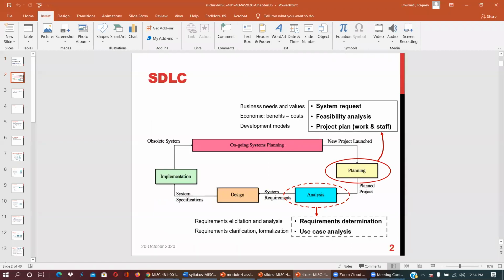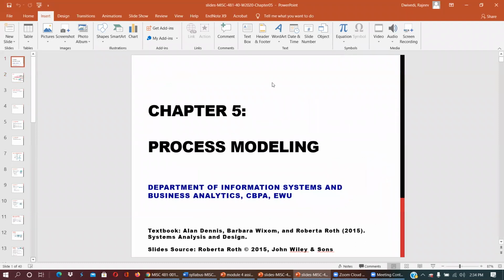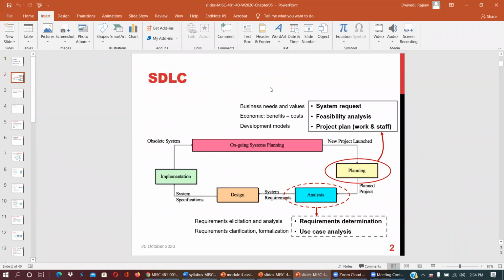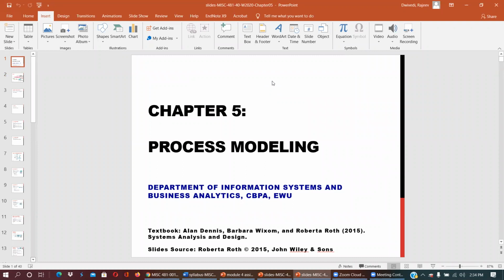Is there any question related to use case? Because it requires a lot of practice, and there are a lot of sources online which have examples to practice, so you can do a lot of practice. You have the book, and there are some examples, so you can just do it. And if you need any help, I will be available on Thursday. If no, then I'm going on chapter number 5.